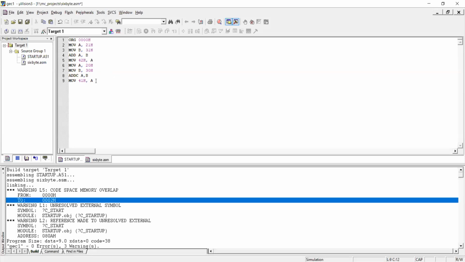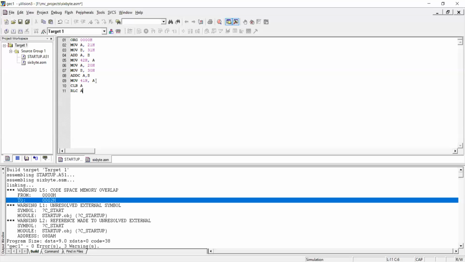Because of this addition, if there is any carry generated, I also need to include that as part of the result. Now I use the CLR instruction to clear the accumulator, making sure the accumulator is 0. Next, I'll use the RLC A instruction, rotate left through carry.